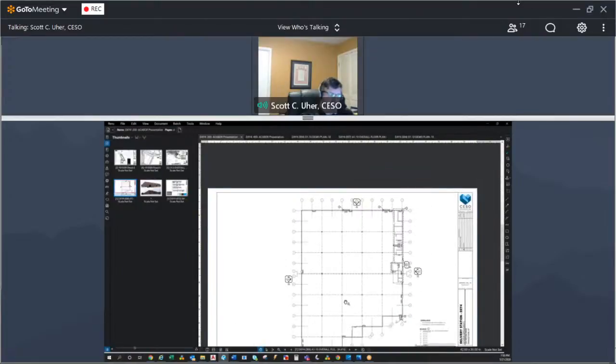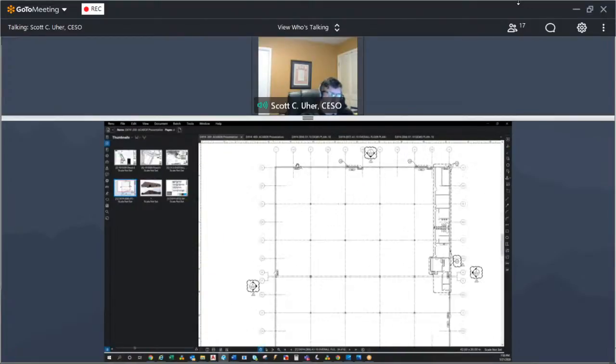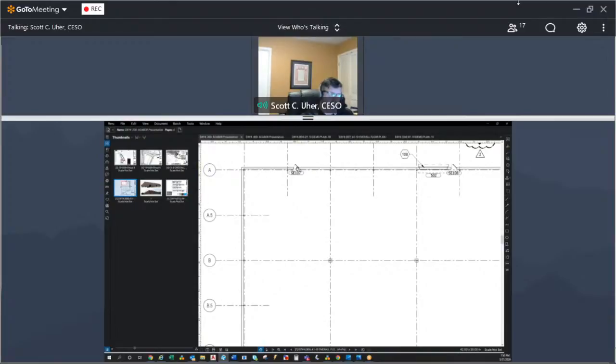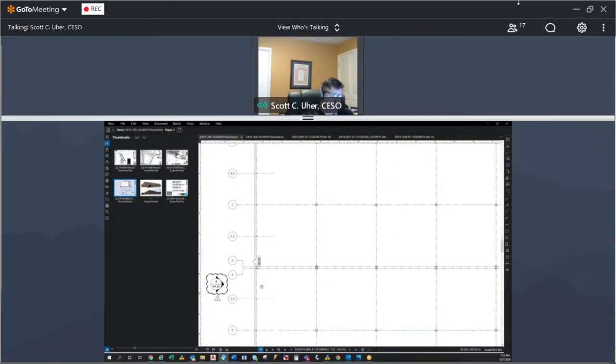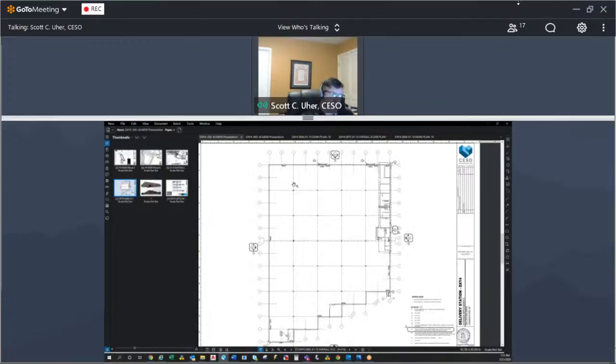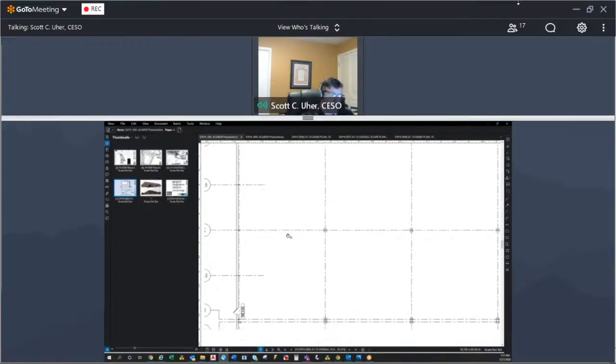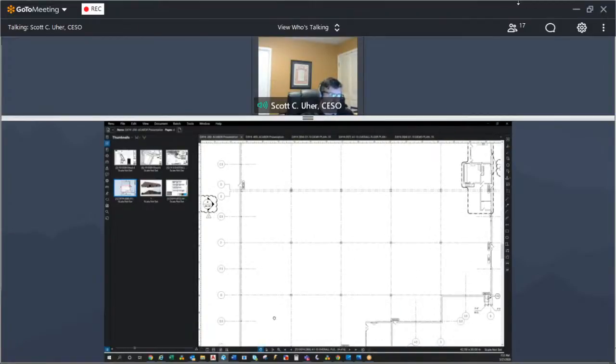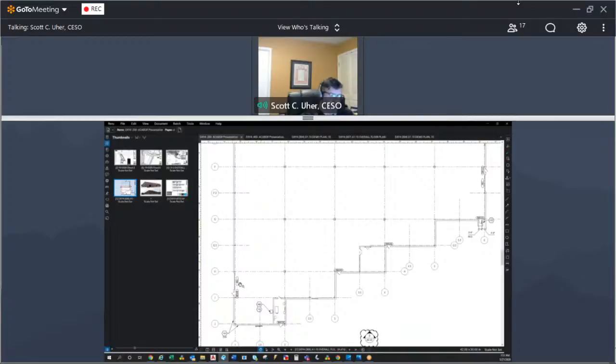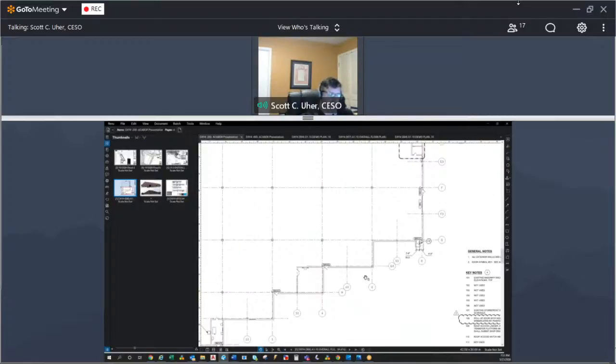We have a couple other doors on the building that are not being modified, and those are indicated with the 45-degree swings. Those are on the northeast side of the building and the southeast side of the building. As we go around, you can see that there's an overhead door here on the northeast side that will not be utilized by Amazon for their purposes. And then there are a few other man doors that go around the building that will just be used for egress only.